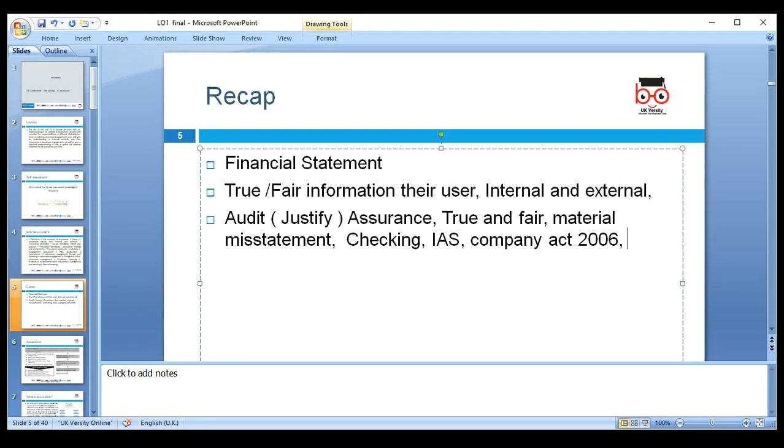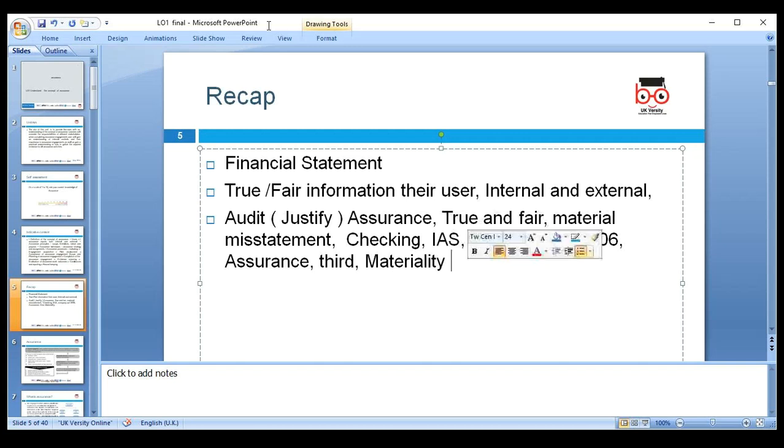So that's the key. And we know how many types of financial statements we prepare in accounts, yes? So detail. Assurance further we can get from a third party as well, yes? Auditor, yes. What are we saying, is it material? So what is the materiality? Do we know what is meant by the materiality concept? Materiality means if it's really important. Yes, we can say it's important.